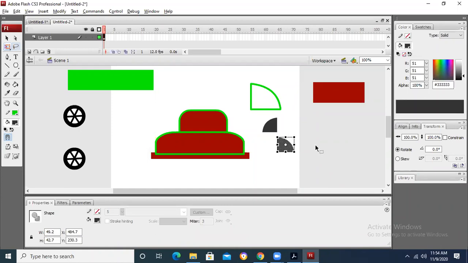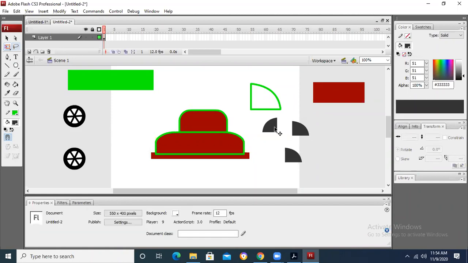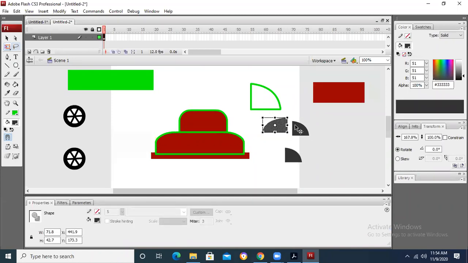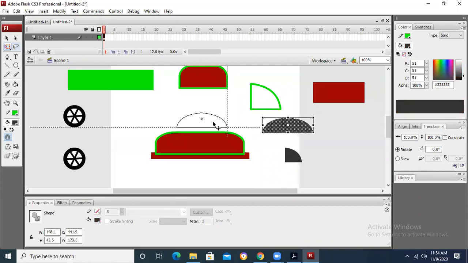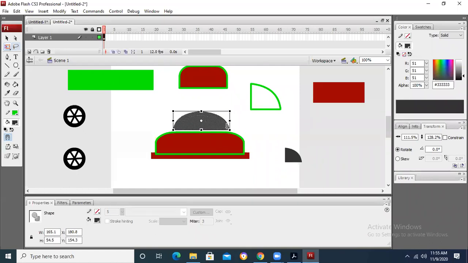I can make multiple copies with this quite conveniently, just like if I join it in this way. So now it's looking better to place it. If I place it over here, these both are joined. Why are these joined? Because these were in the similar color, that's why these are joined.